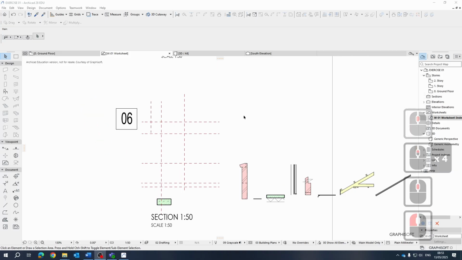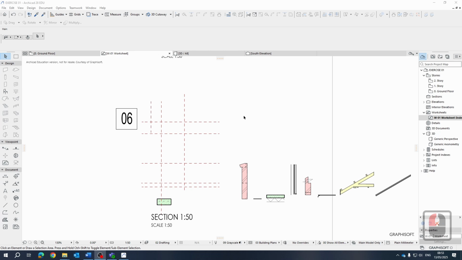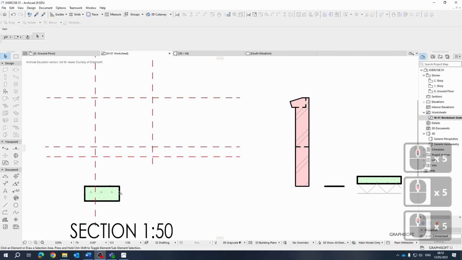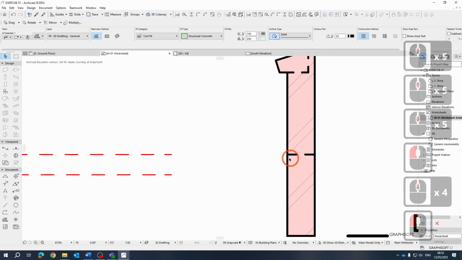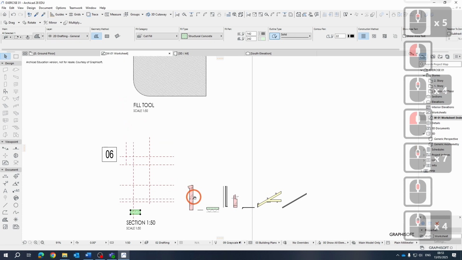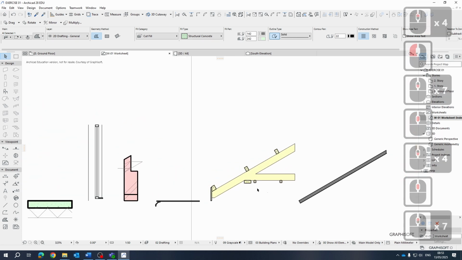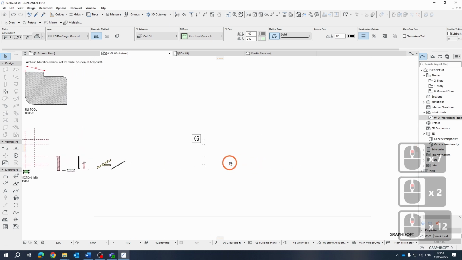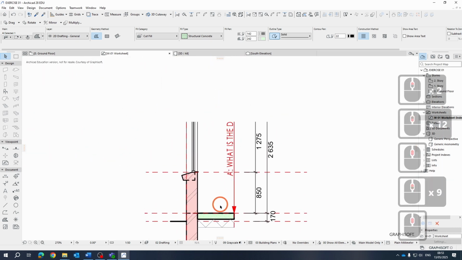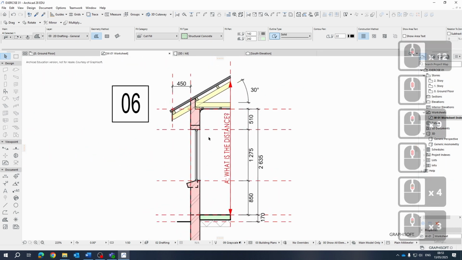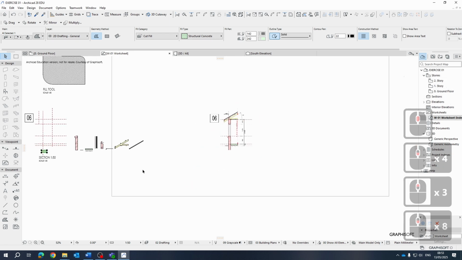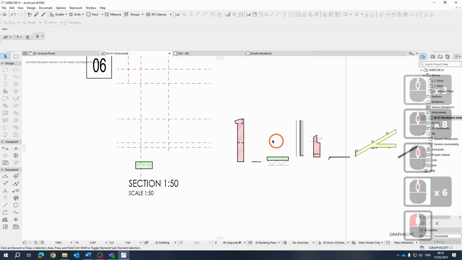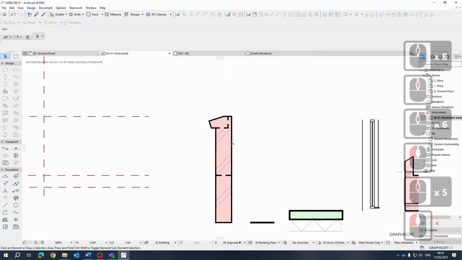Okay, so for exercise 6, we have a whole series of different combined line work and fills. We're going to use a whole combination of these objects to create a very basic section as per this example. All that you need to understand is that if you select these objects,